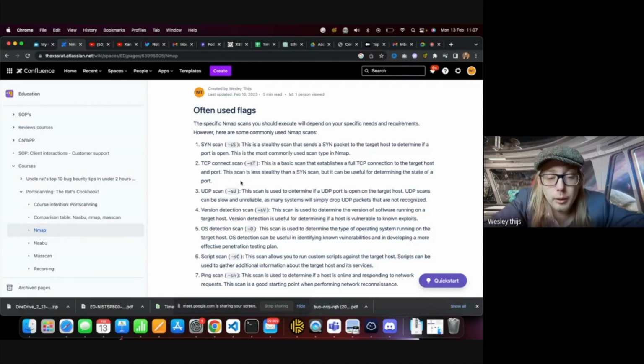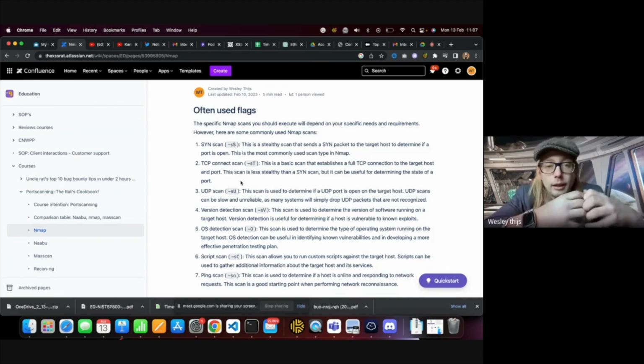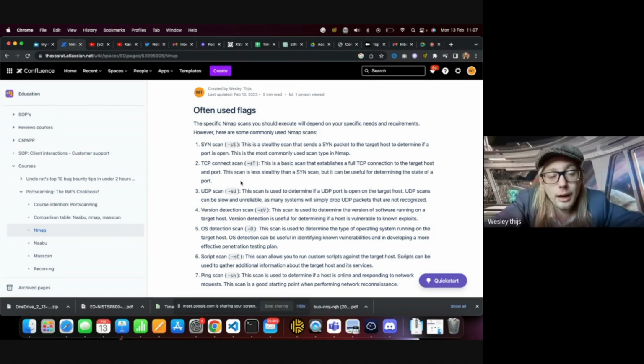Now, you've all heard about the TCP three-way handshake. If you haven't yet, it's a SYN, SYN-ACK, ACK message. Basically, TCP is a connection-oriented protocol, meaning that when you make a connection, you send a SYN message, then you get a SYN-ACK back, and you send an ACK back. So that three-way handshake can also be interrupted. We can send a SYN, we can get back a SYN-ACK, but we never send the final ACK. That's also a possibility. That's the first scan, a SYN scan, also called a stealth scan, because it's much harder